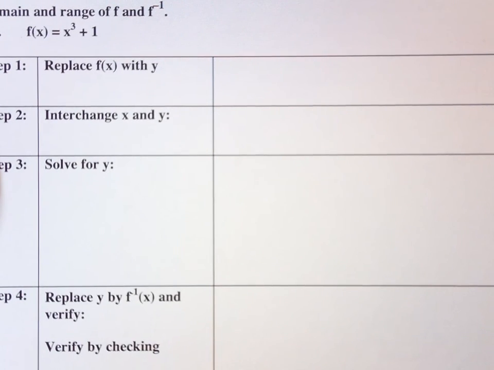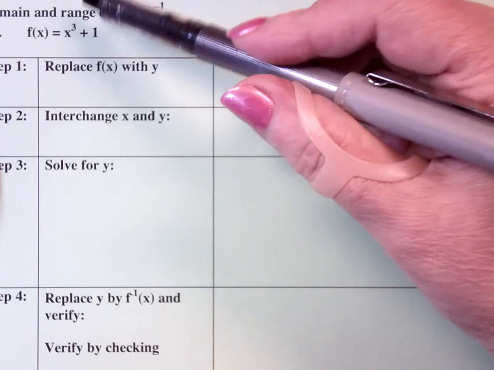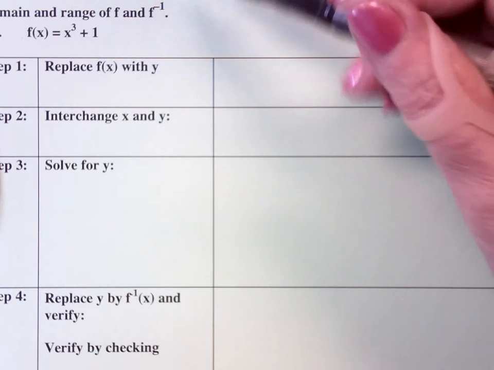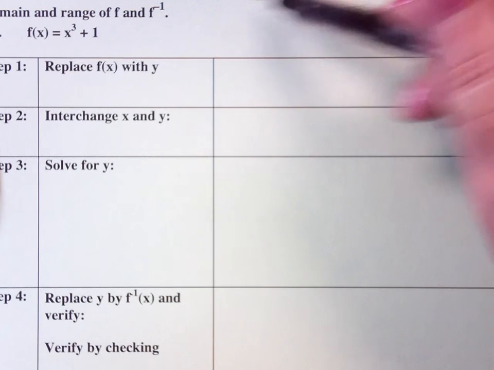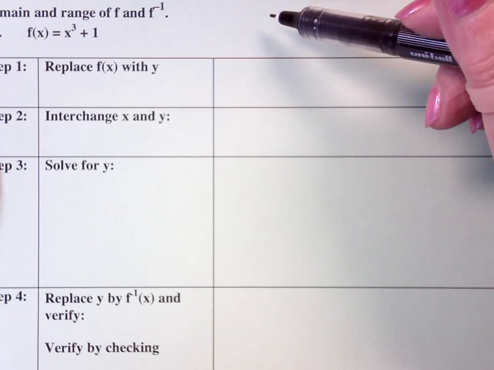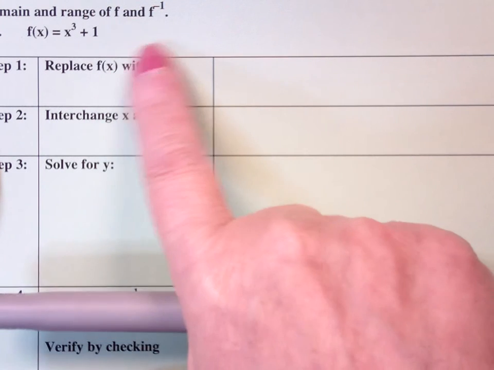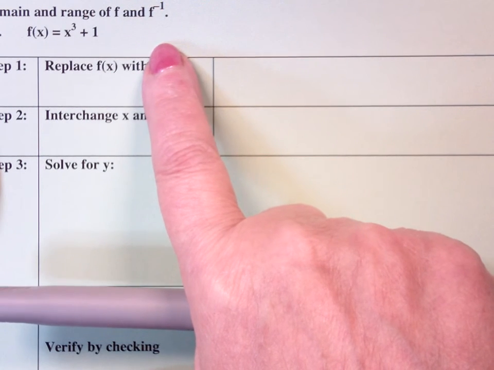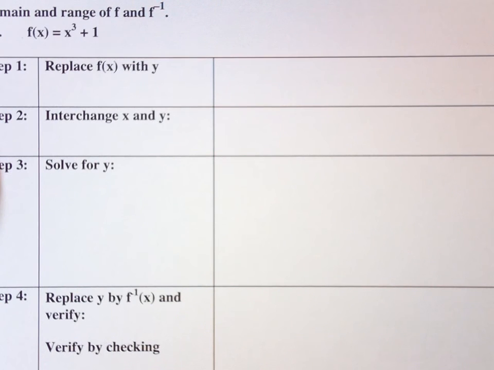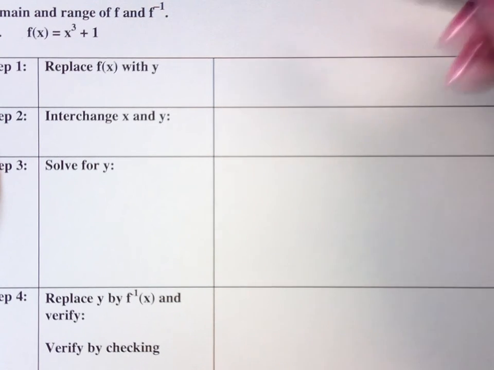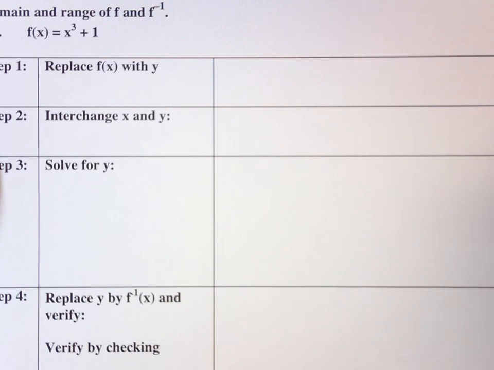Okay, so here we go. In problems 49 through 72, function f is one-to-one. So they tell you you're dealing with a one-to-one function. If they have to, they'll restrict the domain. That's where you'll see that x is greater than or equal to 2. That's so the function is one-to-one. That you don't really need to worry about. Find its inverse and check your answer, and then state the range and the domain of the function and its